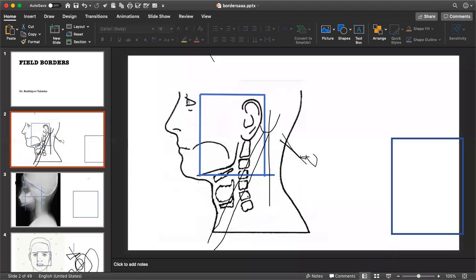So when you are doing an off cord, the reason I'm repeating it is because it was my misconception that when you're doing an off cord, you won't be able to treat level 5, but you can treat level 2, level 3, level 4 with an off cord. But that's not true. When you're doing an off cord, even your level 2 is missed, because your level 2 is here. So that's the reason I'm saying that whenever you're treating the entirety of level 2, your posterior border would go through the mastoid. If you want to treat level 5 also, just go 1 to 2 centimeter behind the mastoid.